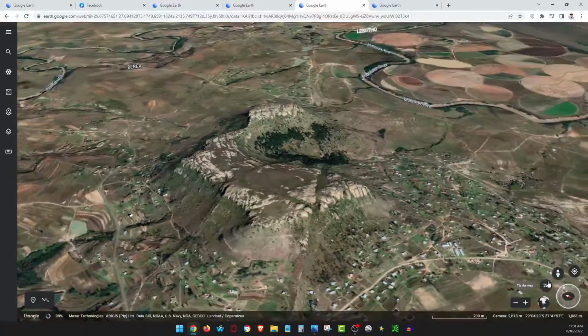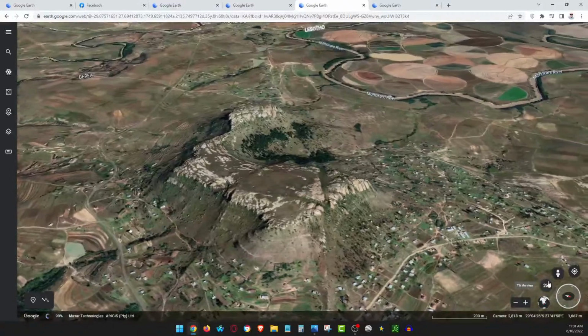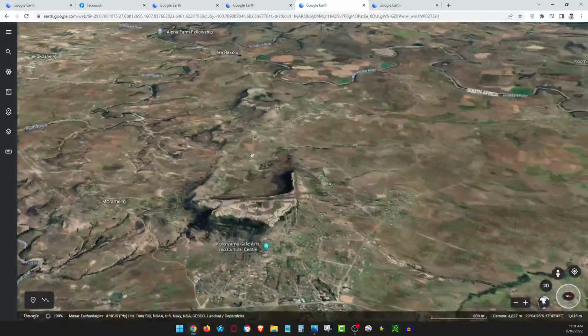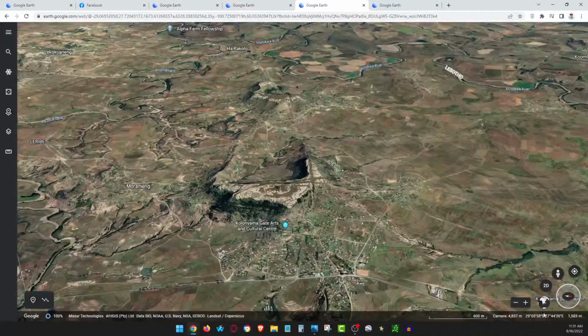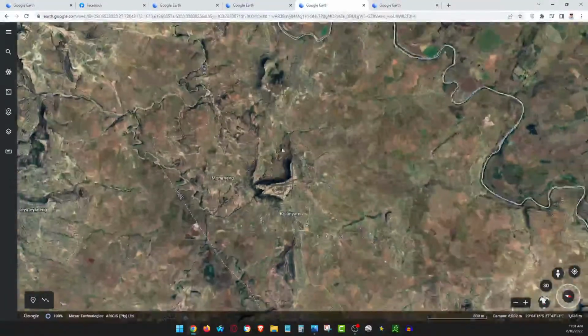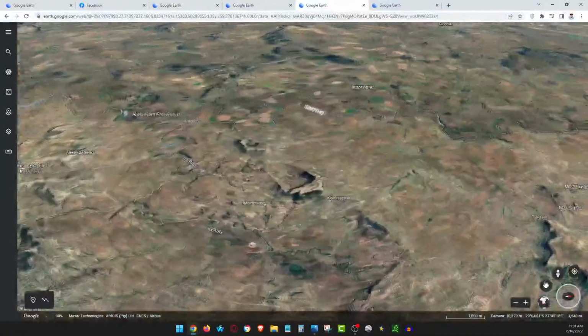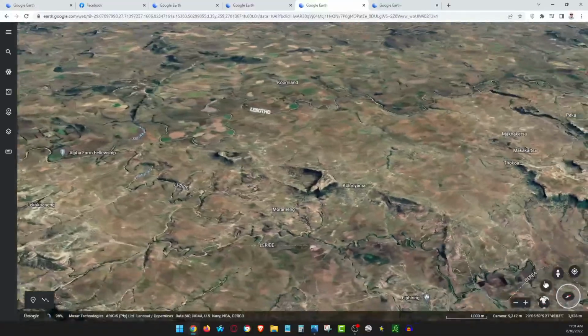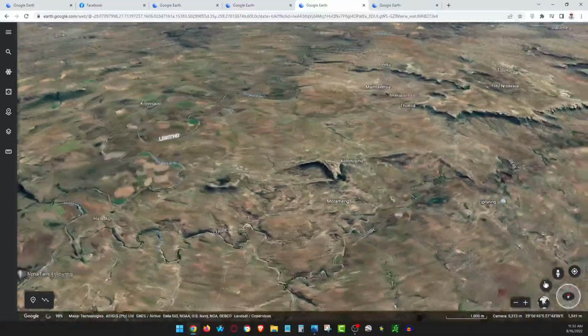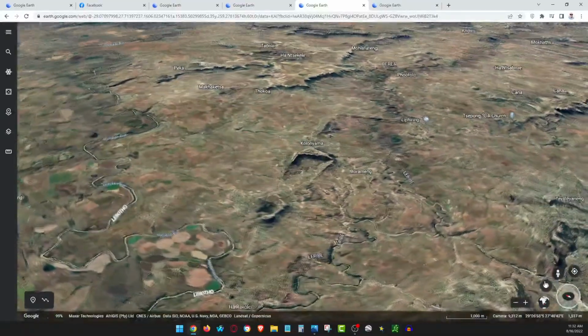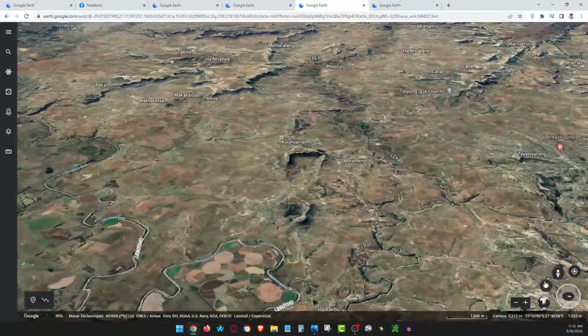I've been trying to do this ever since Jimmy's video on Atlantis. I was looking at the Eye of Africa 12 or 13 years ago, but I never really realized that there was an ancient civilization in the Sahara until after Jimmy did that video. So you can see here, this structure has ancient roads on top of it with a little shortcut, and I can show you that same pattern. It's a 90-degree angle in there, and they look like they've mined it out as well.